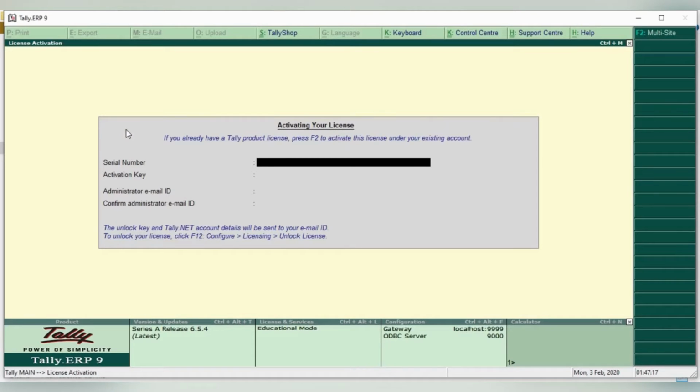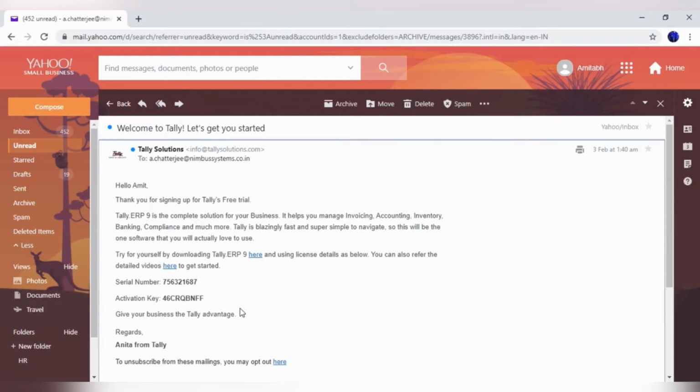Tally will now ask you to put your serial number, activation key and administrator email ID which you will have after you purchase Tally. I have my own serial number, activation key and administrative email ID.